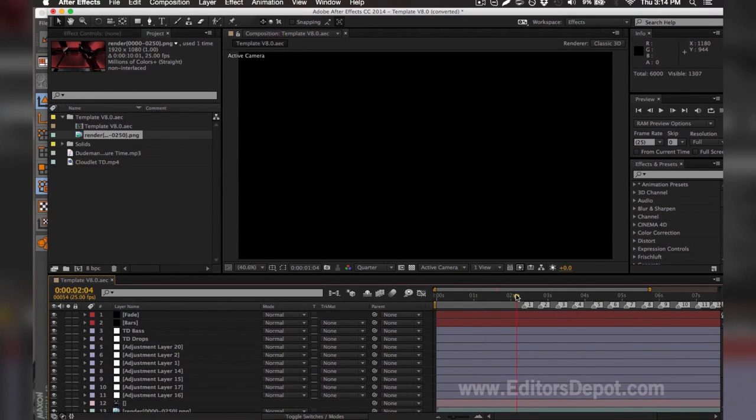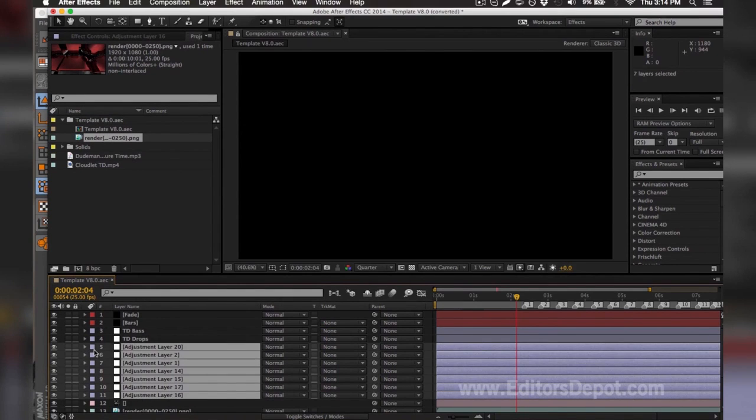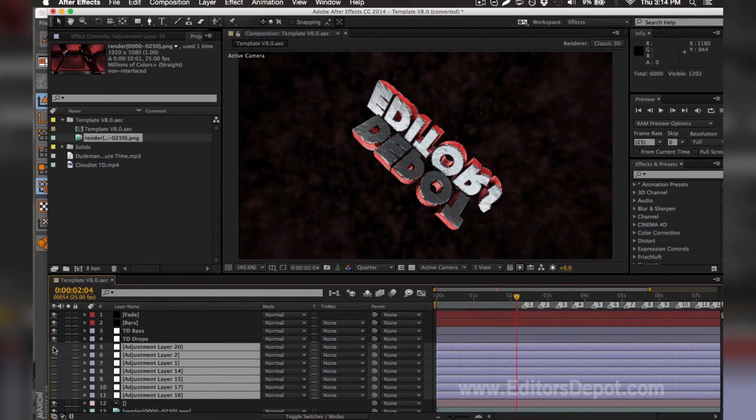So we're 100% done, assuming you have every single one of the plugins required. If you don't, you're going to have a black screen similar to this. If you do have a black screen similar to this, you're going to want to troubleshoot it by turning off or turning back on whatever adjustment layers might be messing up your entire video. As you can see here, of all the adjustment layers, one of them messed up the entire render.